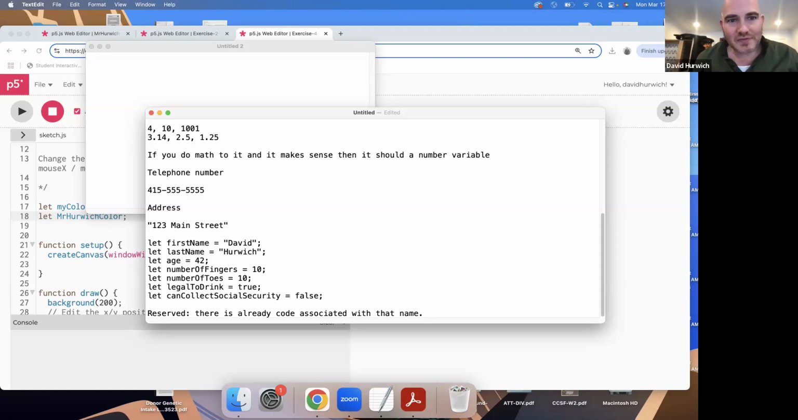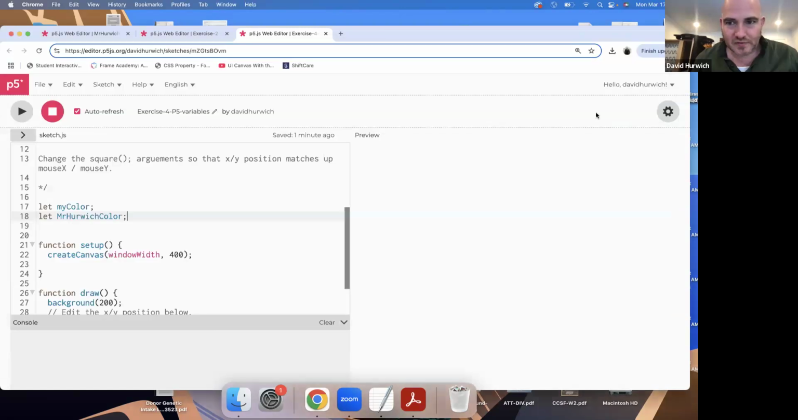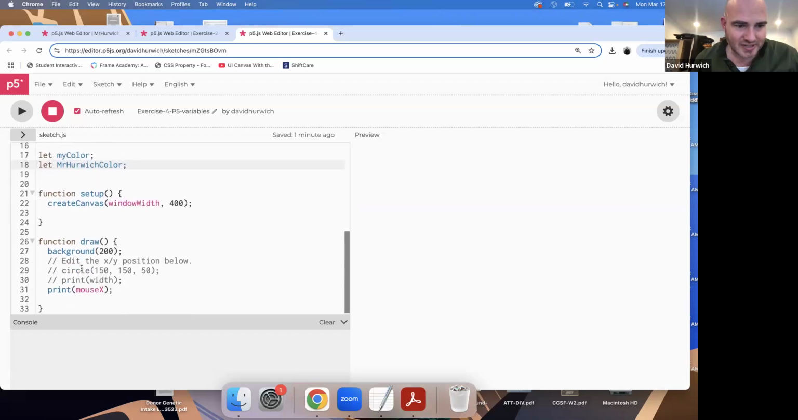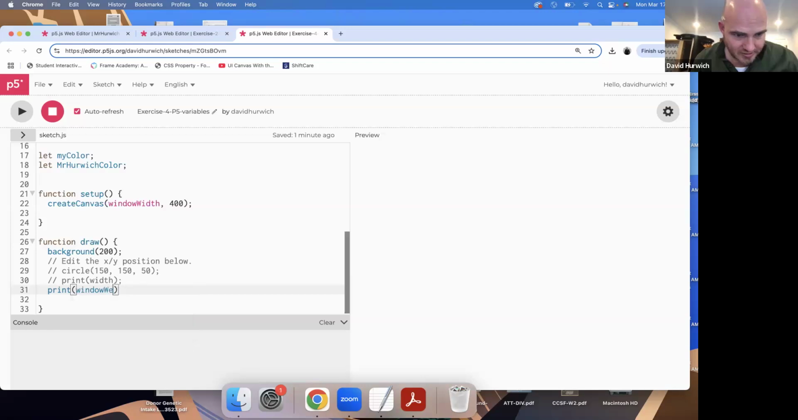If you want to look at them, some of them are windowWidth, windowHeight, width, height, mouseX, mouseY. What windowWidth will give you, if you call this variable, is the total width of your browser. So if I come into here and I say print windowWidth,